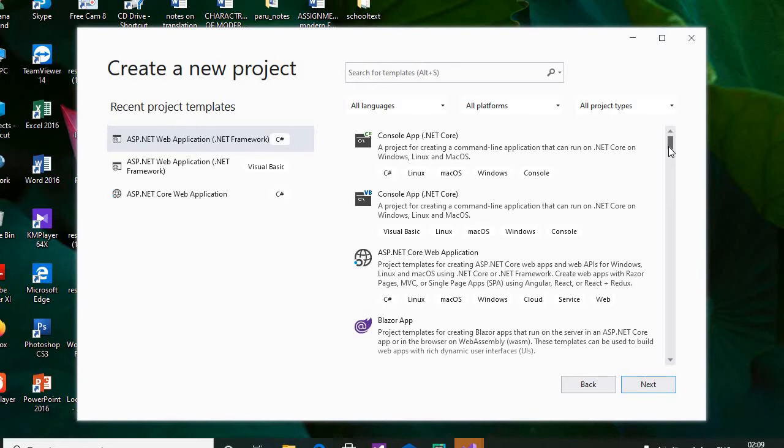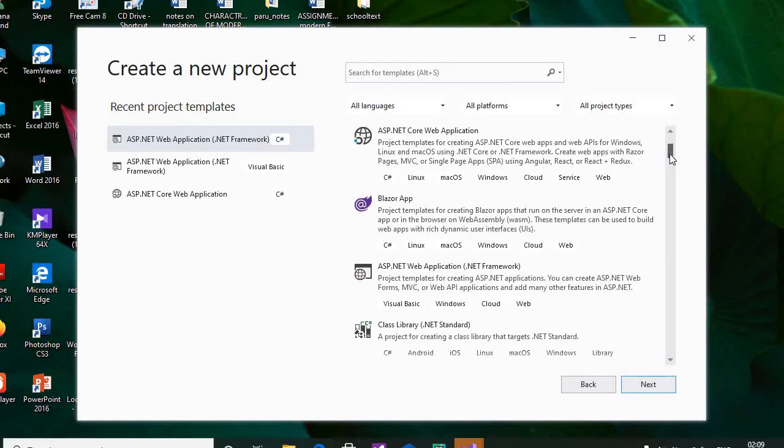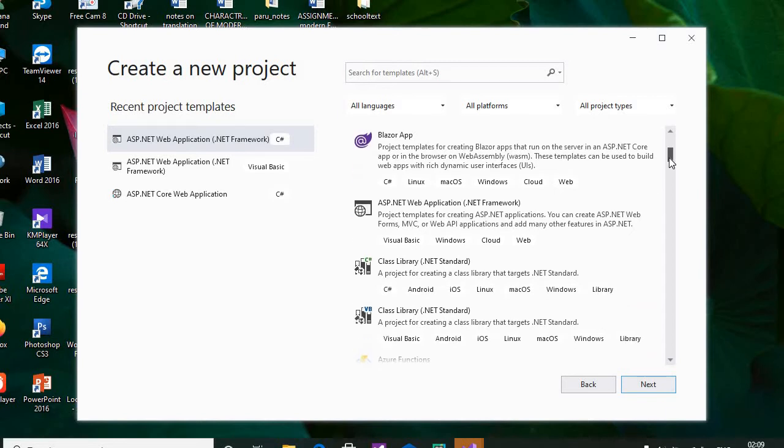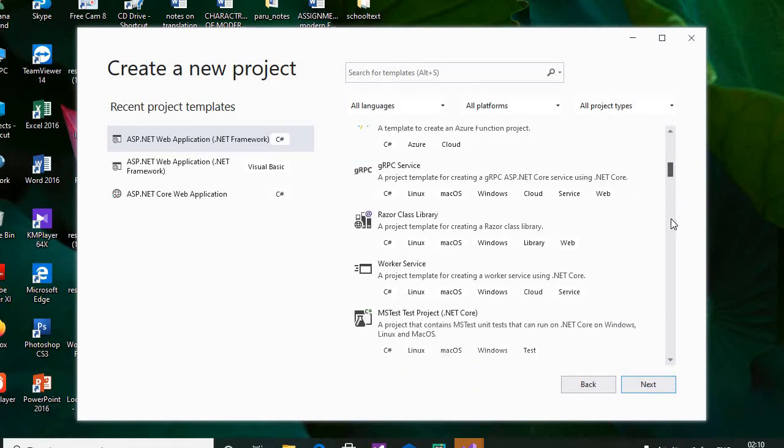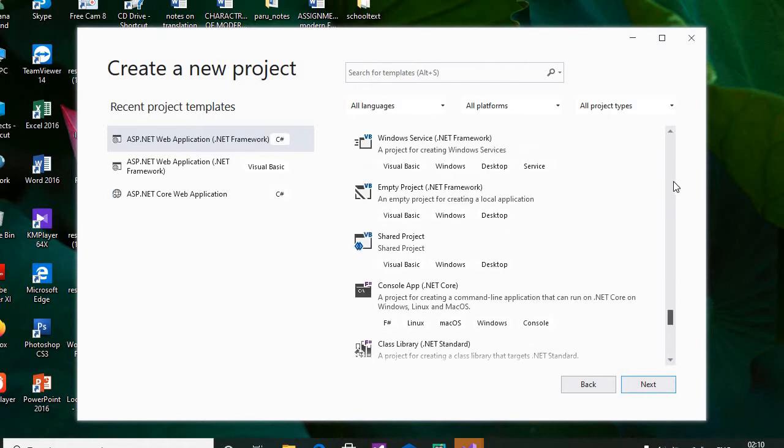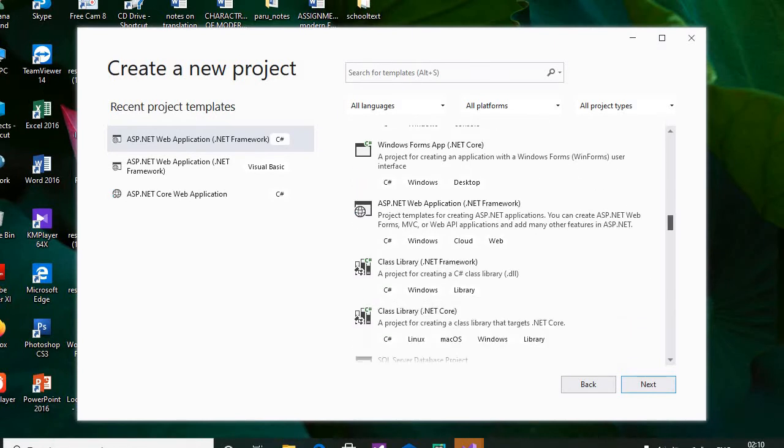The next step, we are going to develop our ASP.NET MVC application. For that, we are going to select ASP.NET Web Application for .NET Framework. It is very important that we select the .NET Framework with C#.